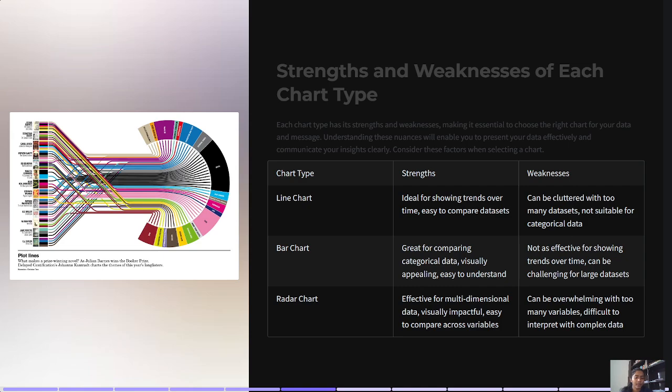Coming to the bar chart. Great for comparing categorical data, visually appealing, easy to understand. Coming to the weakness of the bar chart: not as effective for showing trends over time, can be challenging for a large data set. Coming to the radar chart strengths: effective for multi-dimensional data,